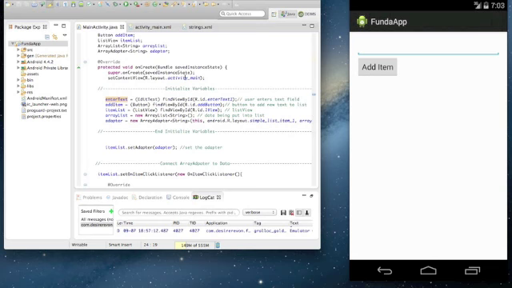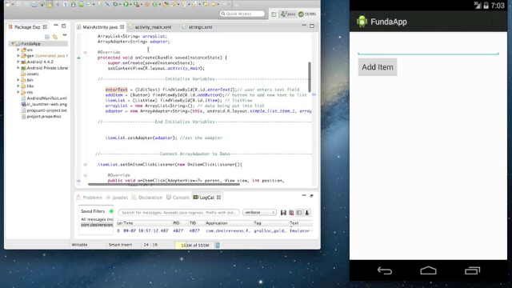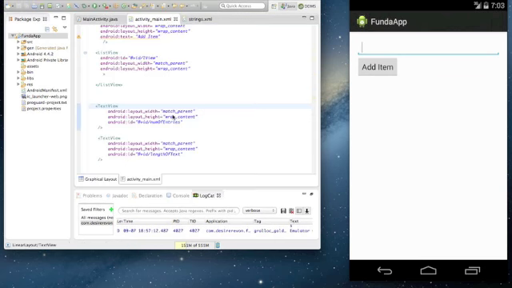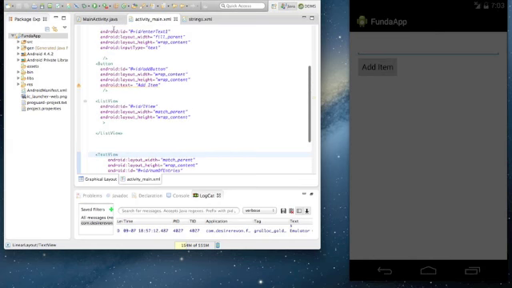And then we get to the onCreate. I set the content view, of course, to the activity main layout where I created all of those views, the list view, the text view, the button. And then going back,